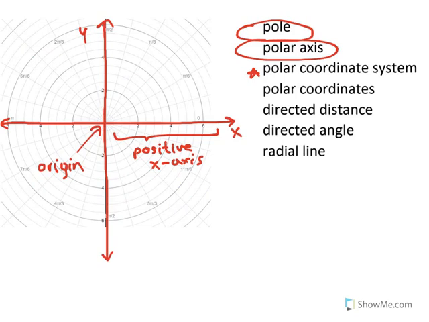So you can see that I've drawn the x and the y axes in red, and here is the origin, and we have the positive x-axis here. And in this plane, we're going to superimpose a new coordinate system with the rectangular coordinate system that you see in red. So when we superimpose the polar coordinate system with the rectangular coordinate system, there is going to be something called the pole that will coincide with the origin of the rectangular coordinate system. And there's going to be something called the polar axis that will coincide with the positive x-axis of the rectangular